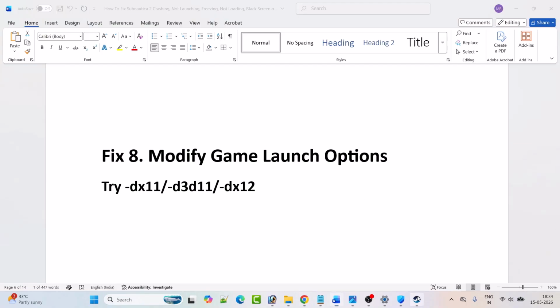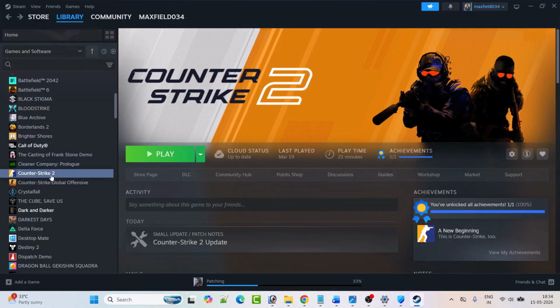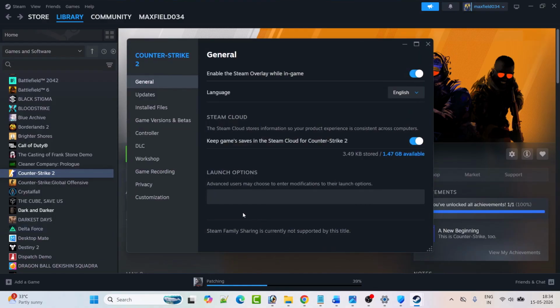So again open Steam, go to library, right click on Subnautica 2 game. Again this is just an example I am showing with another game, but you have to right click on Subnautica 2 game and then click on properties, and in the launch options first type -DX11, close the tab, launch the